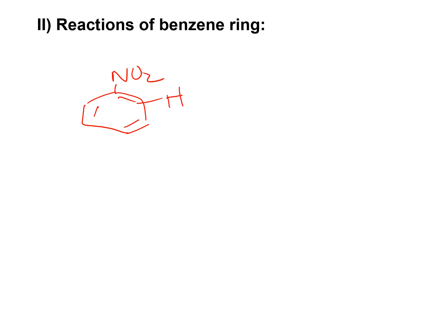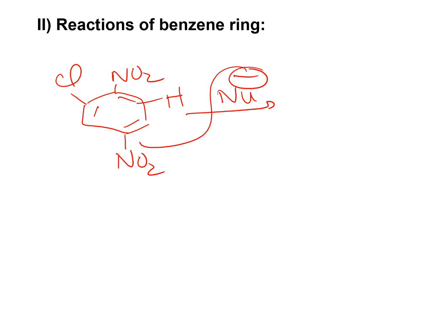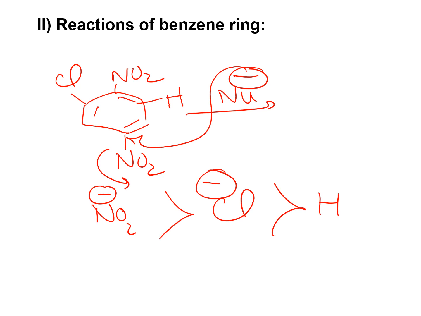You have here a hydrogen, a chloro, and a nitro group, and you introduce a nucleophile. The nucleophile will prefer to substitute the nitro group because, as we mentioned, nitrite as a leaving group is much better than chloride, much better than hydride. However, if no nitro group is present,